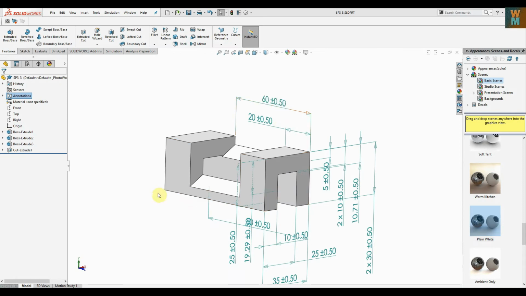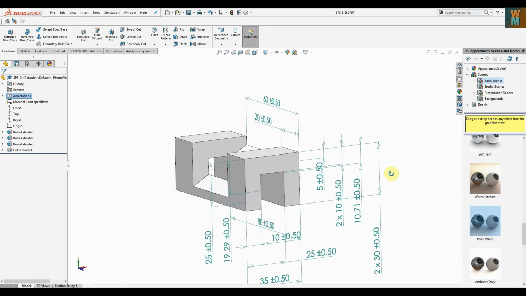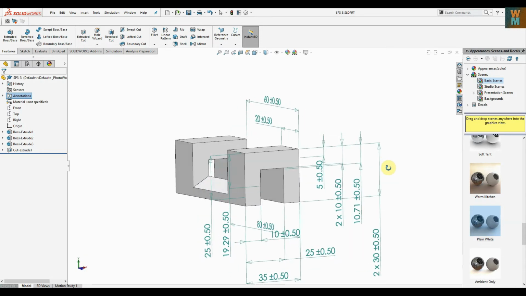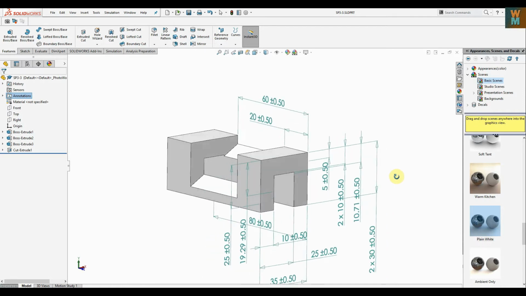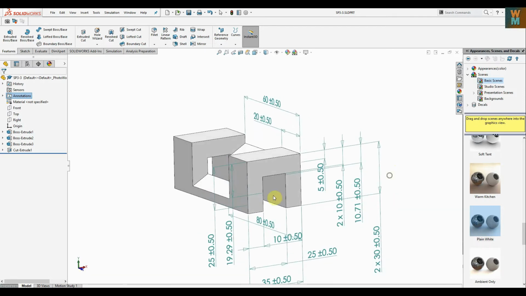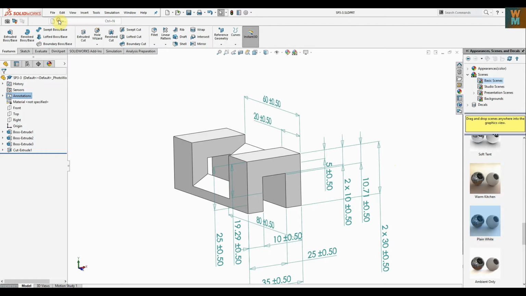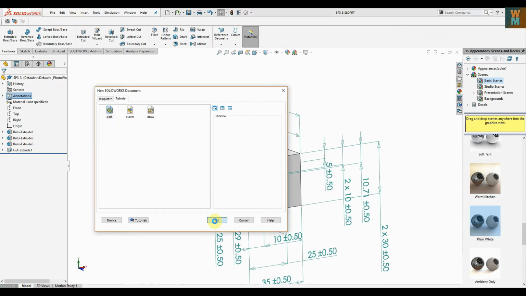So we are going to see how you can make this geometry, which looks a little bit difficult but has very easy steps. So how can we make this? Let's start. Going for a new file, part file,